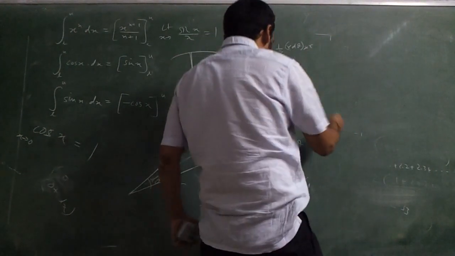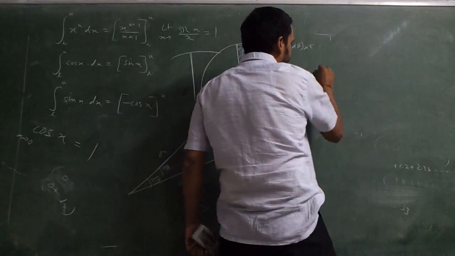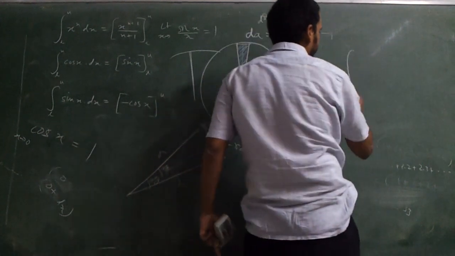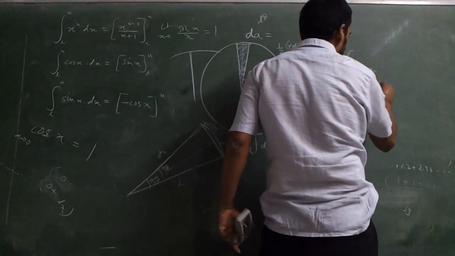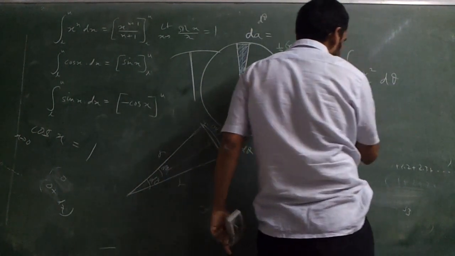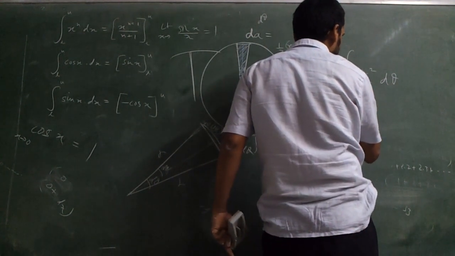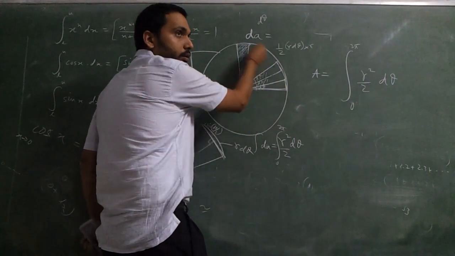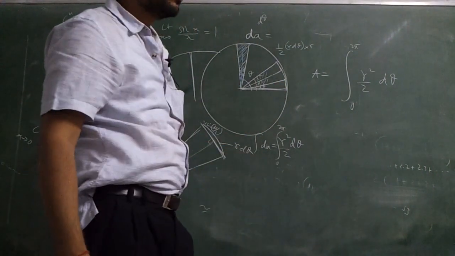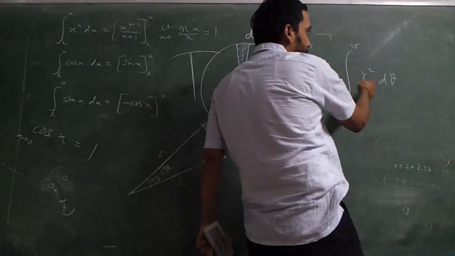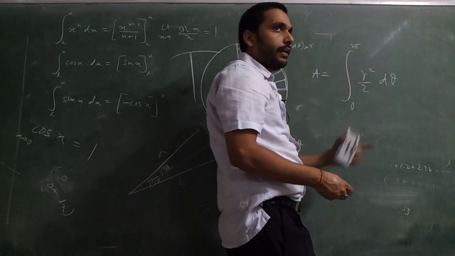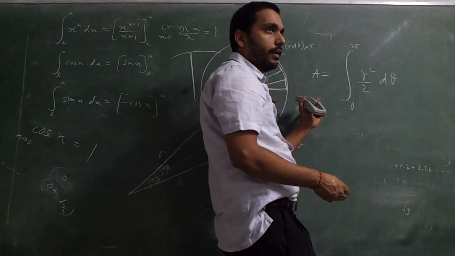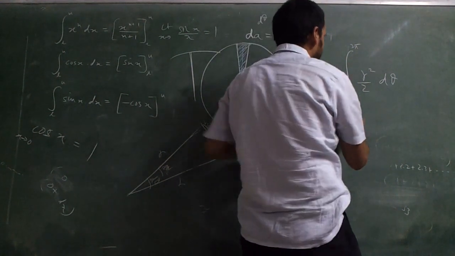So here we are getting that the total area will become, small area integrations will become integration of r square by 2 d theta, theta going from 0 angle to 2 pi angle. 0 angle is this, theta here and now r square by 2 you can take it outside or not. Radius is a constant. Radius of the circle is a constant. Okay. And 2 is a constant. So this becomes